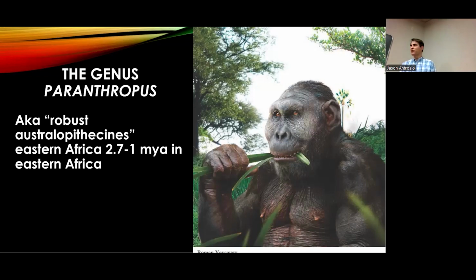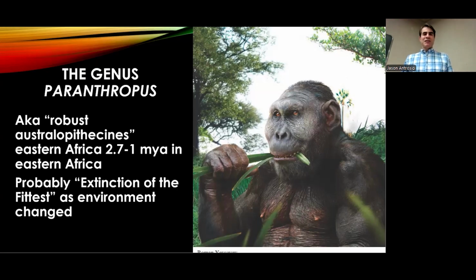And again, if you would have rewound the evolutionary clock, or if you would have gone back in time and looked at these groups, you might have been like, I'm going with those robust Australopithecines. Those guys are big, they're cool, they've made it, they're very adapted to their environment. What probably happened to them is, again, what I would call extinction of the fittest. You get too adapted to your environment, and then the environment changes, and then you aren't able to adapt and